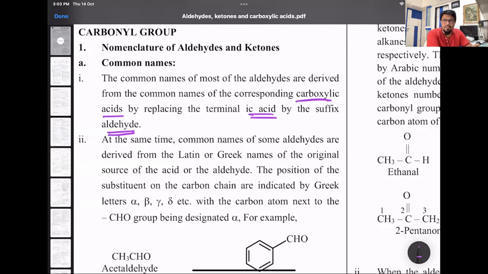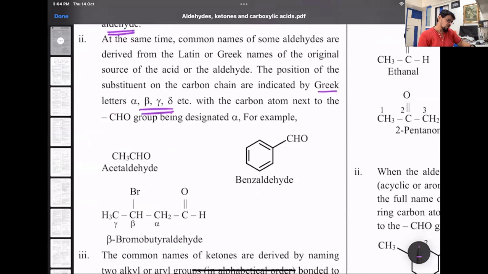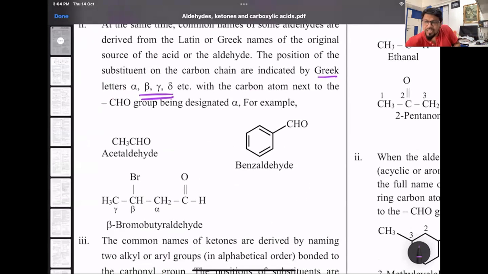All right. In certain places we also use the Greek nomenclature, that is the trivial system. The trivial, less commonly used system, the Greek nomenclature of the alpha beta system, where the carbon atom directly attached to the functional group is called the alpha carbon atom, and so on. Keep in mind, the CHO carbon is not the alpha carbon. Next to CHO is my alpha carbon atom. So that way the name goes. So we have acetaldehyde, and benzene ring with CHO, that's what we call benzaldehyde.